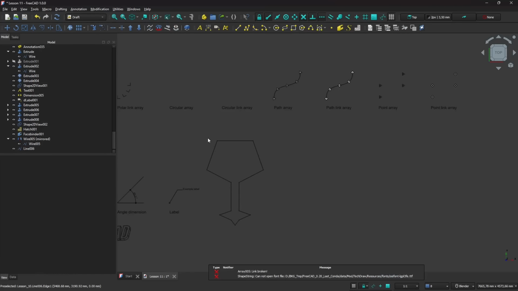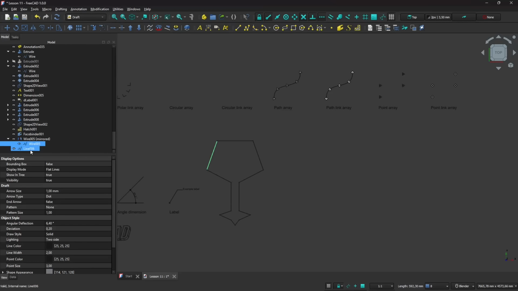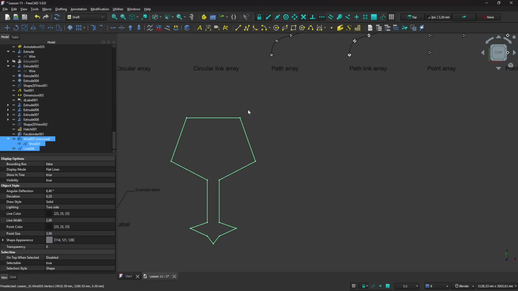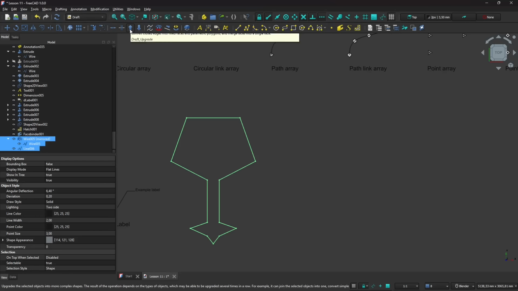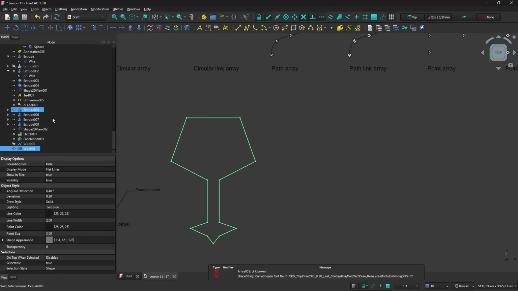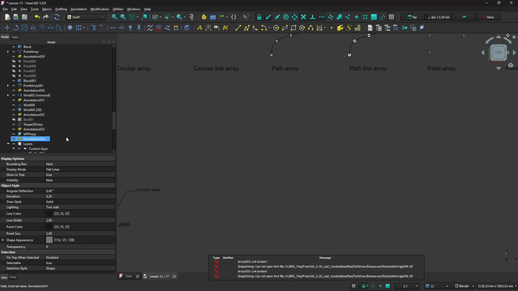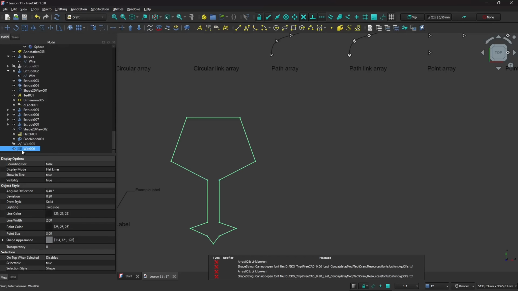Now this is a closed shape, but if we don't join this together, it's not going to be considered as a closed shape. It's just going to be considered as two, or actually three different shapes. So there are tools that can help us to unite this. One of these is the upgrade. So you can see it creates one single object out of those different lines,